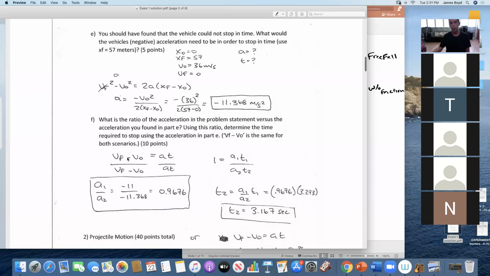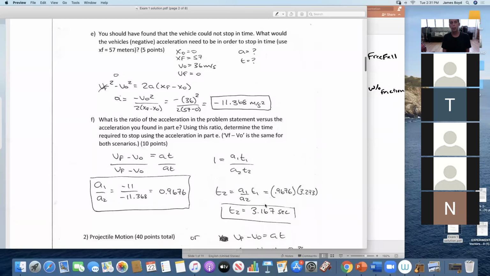So you have v final minus v initial is equal to AT for the first part, and v final minus v initial is equal to AT for the second part. This becomes T1, T1, V naught 1, V naught 1, and so on. But these are the same. So we get that side is 1, and this is A1, T1, A2, T2, and you can use that to solve for T2